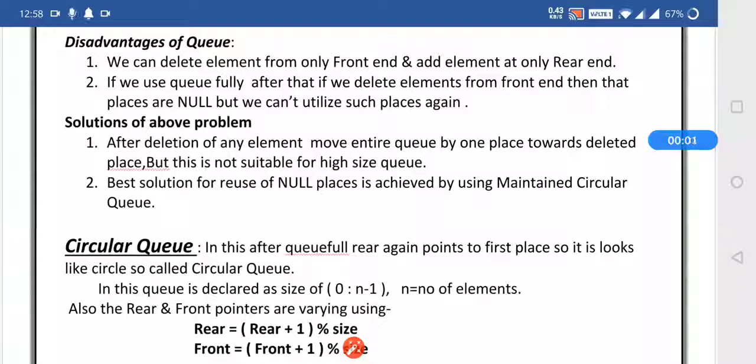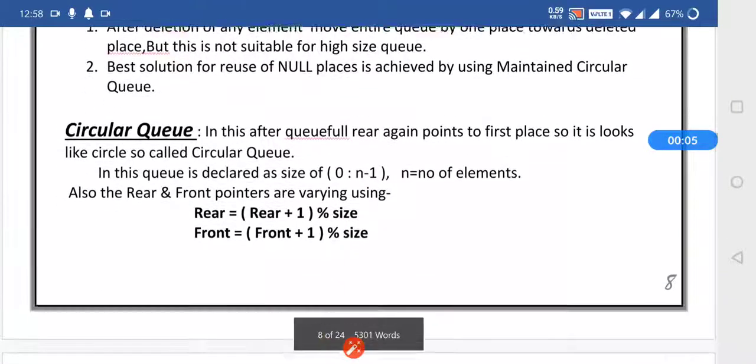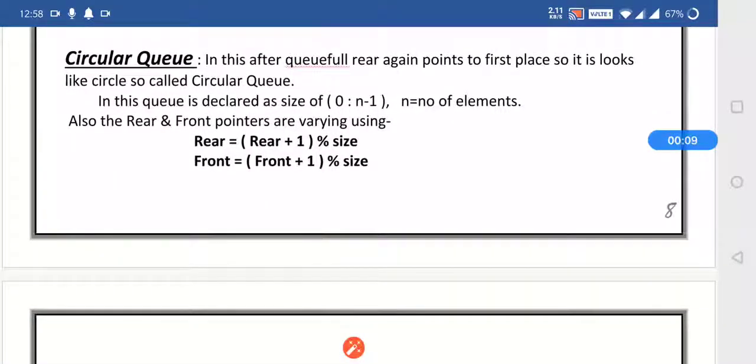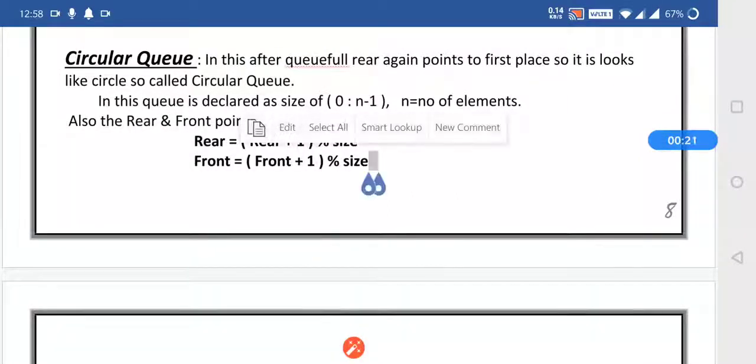So dear students, in our last section we have seen queue as well as multiple queue. In this we will see circular queue. Circular queue is the queue which removes the disadvantage of queue. What was the disadvantage of queue? That whenever we are deleting any particular element from queue, the memory space we cannot utilize, and that is overcome